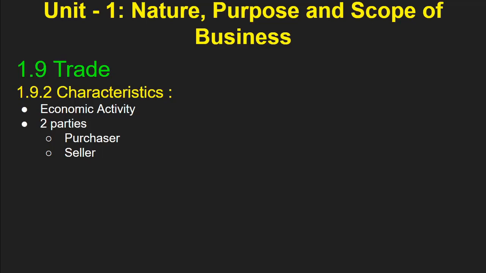Let us see the third point. Third point is exchange. Exchange is the very essential part of trade, right? We have seen that exchange is done for commodities, exchange is also done for business activities in terms of money or services, right? So exchange is very essential part of trade. In trade we transfer the ownership also, right? Ownership of the goods and services are transferred from one person to other.